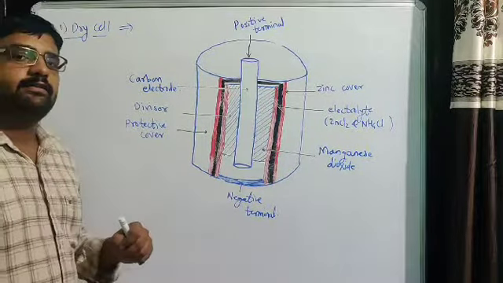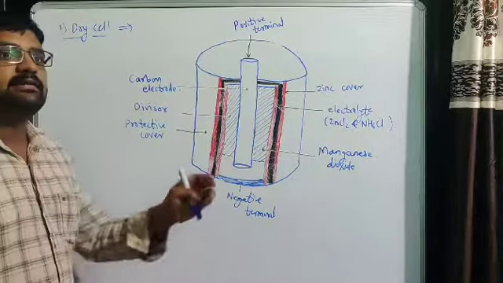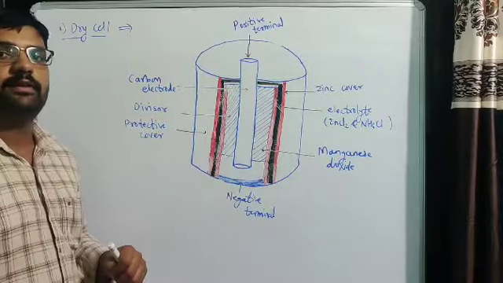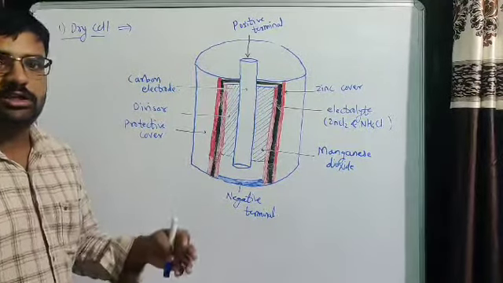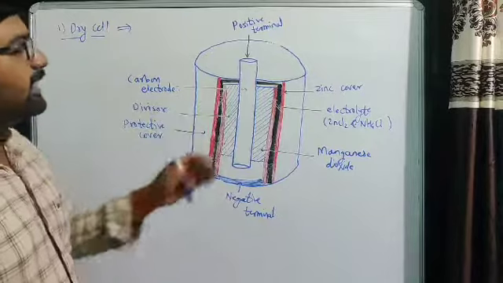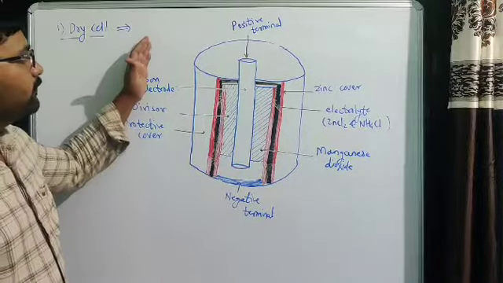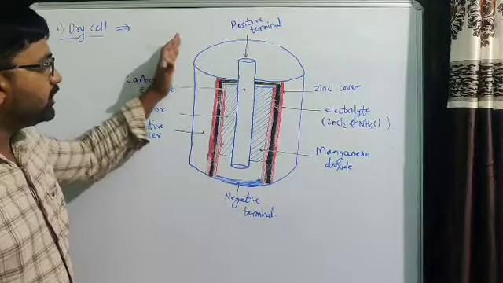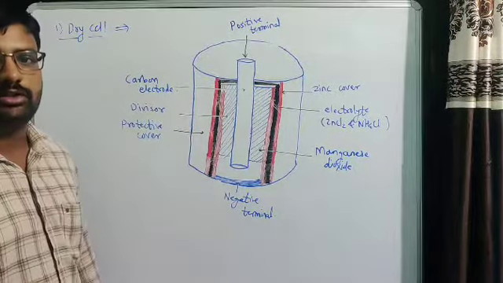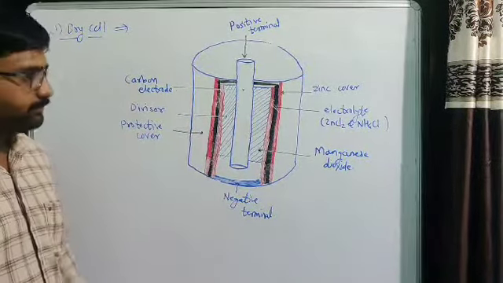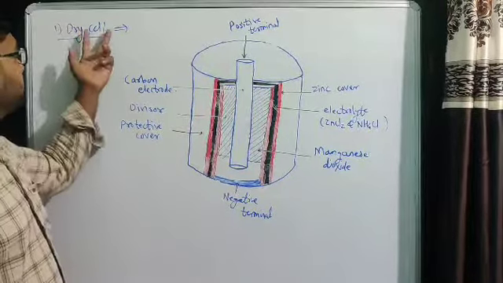In the last lecture, we saw the definition of a cell. We saw that electric charges can flow if there is a potential difference. If there is no potential difference, then electric charges do not flow. Charges flow from higher electric potential to lower electric potential. Next, we will see about the cell.